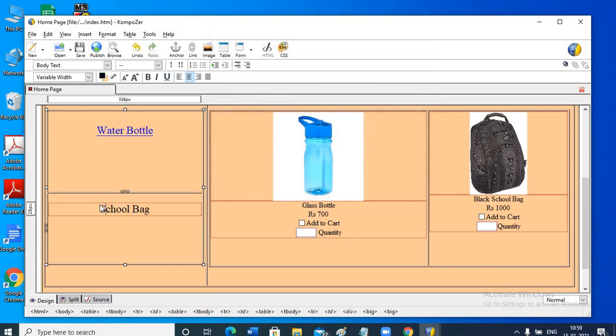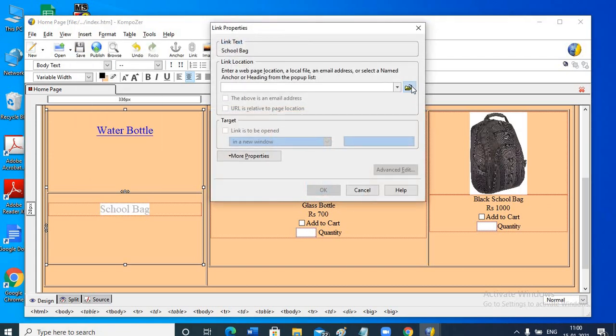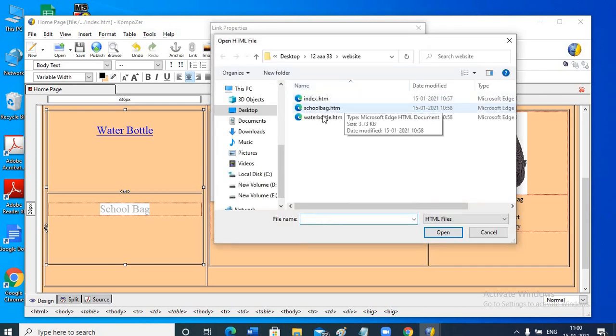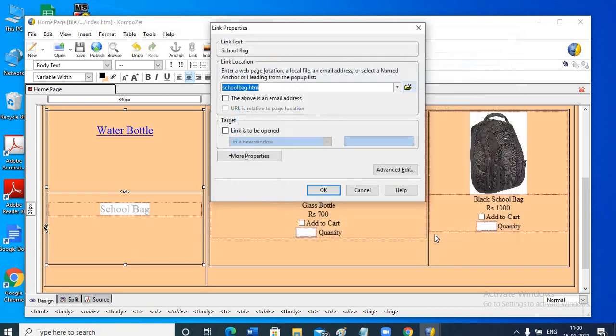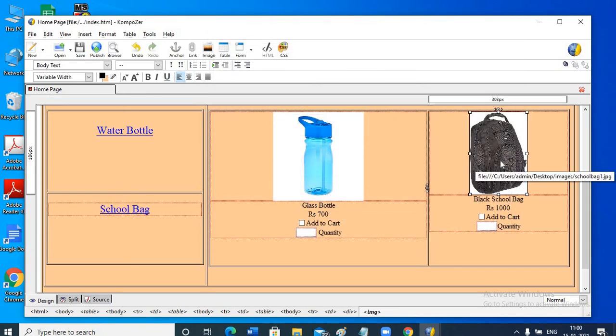Similarly, for school bag, we'll select the text school bag, insert, link, choose file, schoolbag.htm, open. Okay.